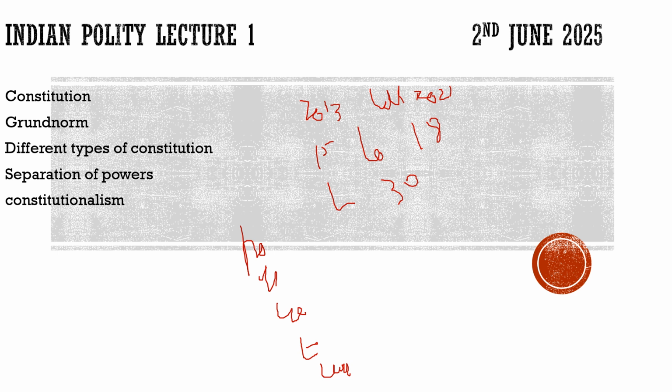Let me tell again. From today, as it is 2nd June, we are going to deliver the lectures. We had started with Indian polity, and approximately it would take 30 lectures for this subject. So within 1 month we will try to complete the Indian polity and governance. We will try to cover every concept which is important for you, and I can guarantee that every concept would be touched, every concept would be cleared here.